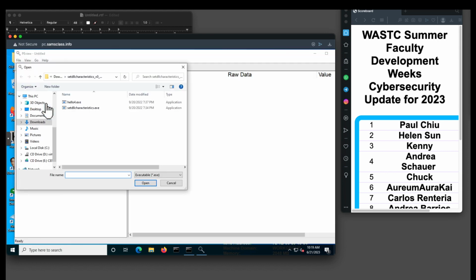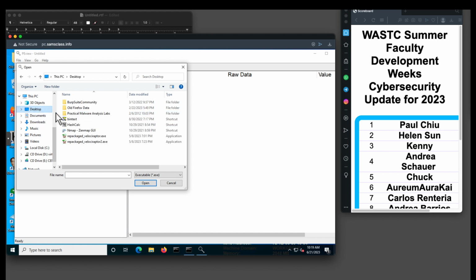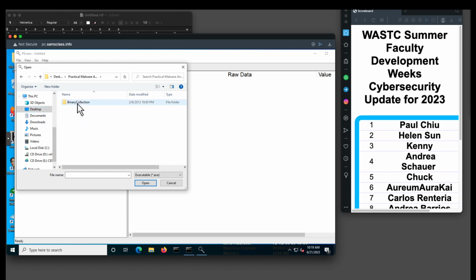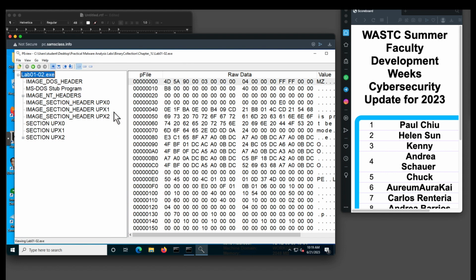PE is Portable Executable. It is the name of all Windows software. All Windows software is in the category of Portable Executable. EXE files, DLLs for libraries, and .com, another kind of executable. So if I go to my desktop, Malware Analysis Labs, Binary Collection, Chapter 1, Lab01-02. Okay, here is the